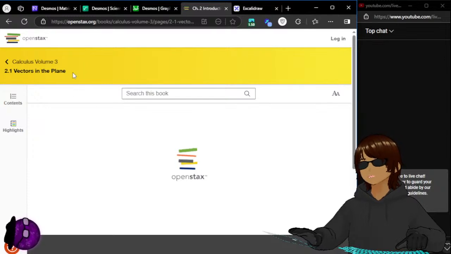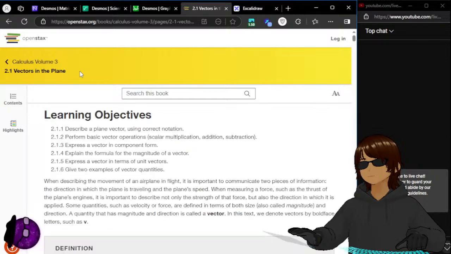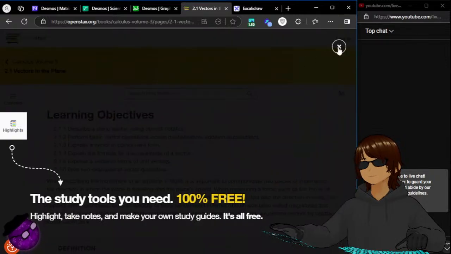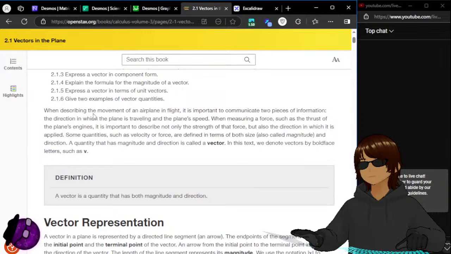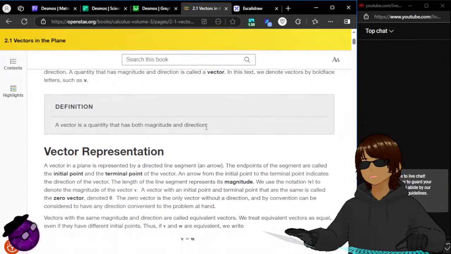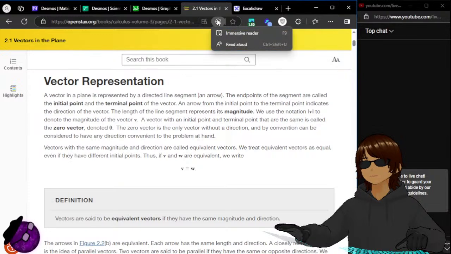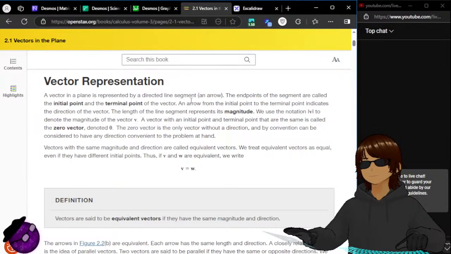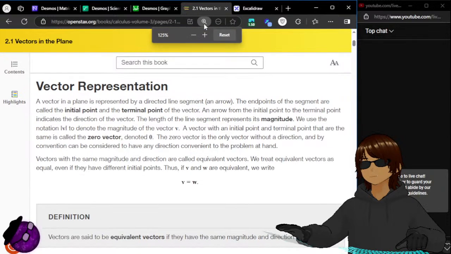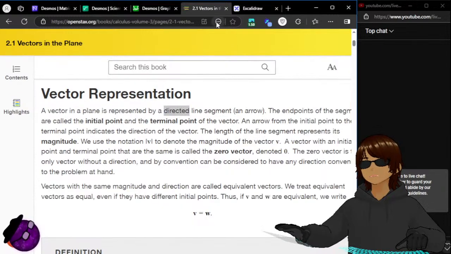Okay, vectors in a plane. A vector is a quantity that has both magnitude and direction. A vector, should I zoom in? A vector, wait. Never mind. A vector in a plane